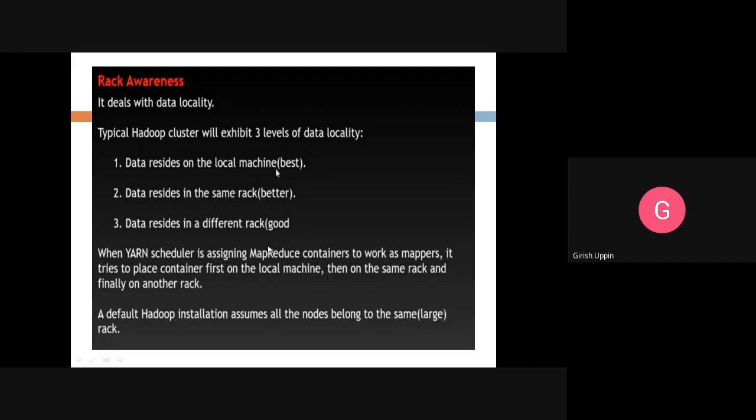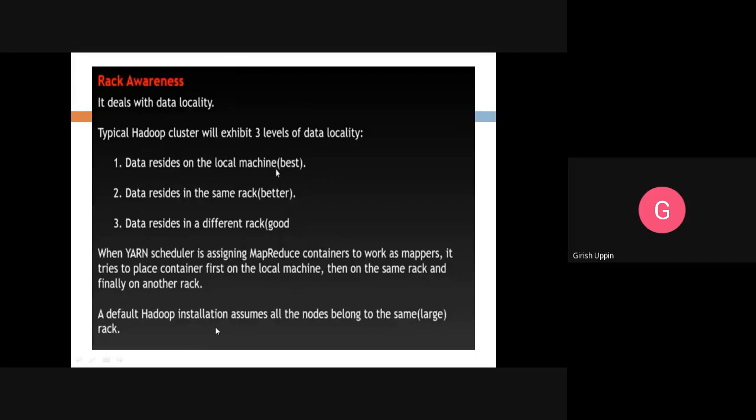And MapReduce has been removed from the core HDFS, and it has moved to an application layer. So whenever a MapReduce program wants to run on the HDFS, YARN will do the scheduling, and also it will provide the containers. And when YARN is selecting the containers, first it will go for containers on the local machine. If it is not available, then it will go for a different machine in the same rack, and if it is not available there, then it will go for another rack. So that is how, with performance in mind, preference will be given to containers on the local machine.